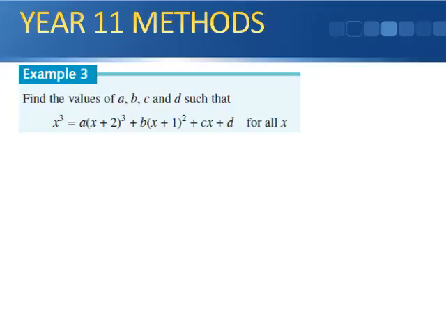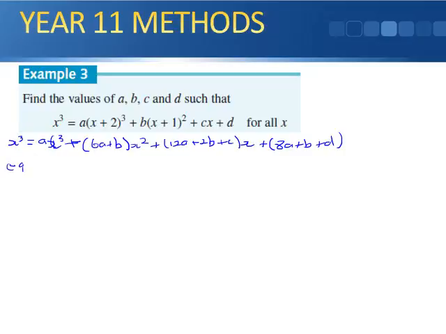Example 3, find the values of a, b, c and d such that we get that. Just to save a bit of time, I'm quickly going to write that in the expanded form and collected. So we get ax cubed plus (6a plus b)x squared plus (12a plus 2b plus c) for the x, and then plus 8a plus b plus d, and of course equating coefficients